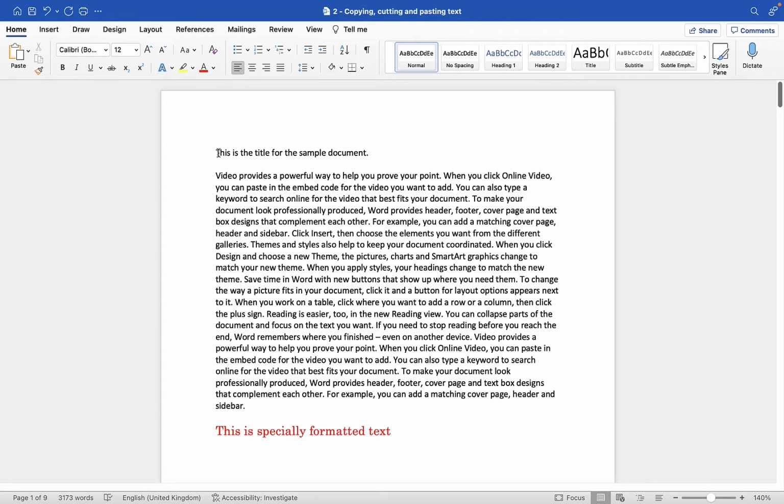If I hold the Command key, then you'll see when I use the arrow keys, and the Command is also Control if you're a Windows user, we can jump from the beginning to the end of a particular line of text. The other thing you can do though is if you just use the arrow keys, you obviously can move between different characters. But if you hold the Shift key when using those keyboard shortcuts, you can then start selecting